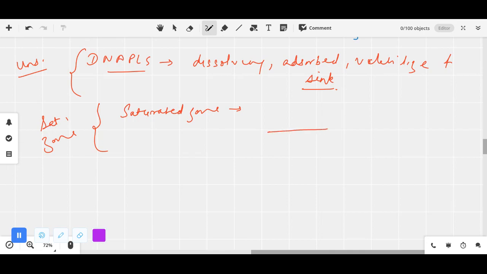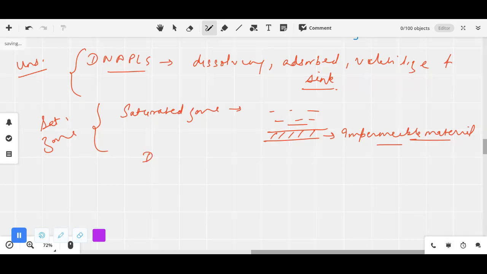So they will reach here at the base of the impermeable material, or aquitard or aquiclude. Okay, aquitard or aquiclude. So if they reach the base of the impermeable material, they are going to sink at the bottom. But some portion of DNAPLs